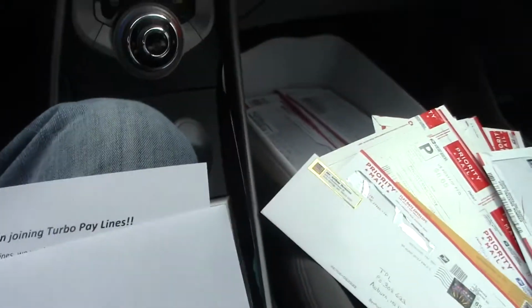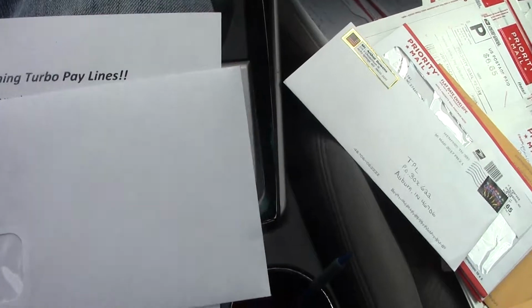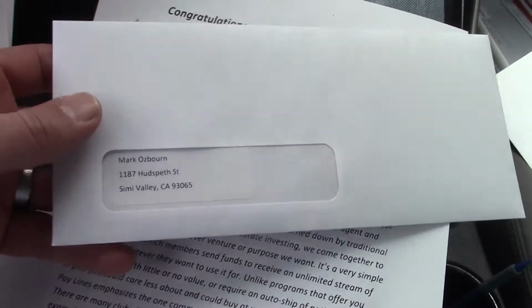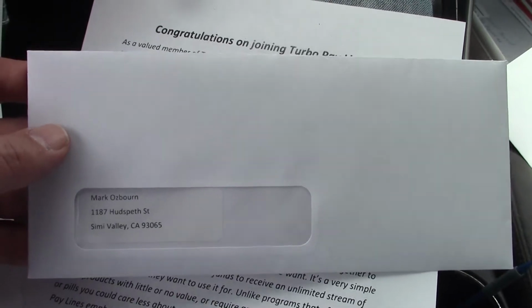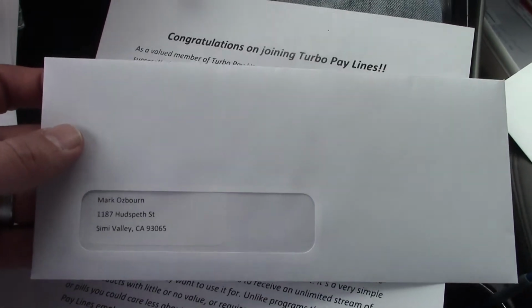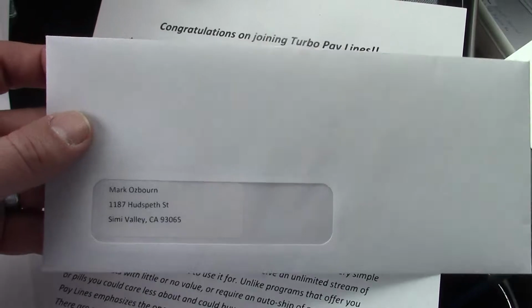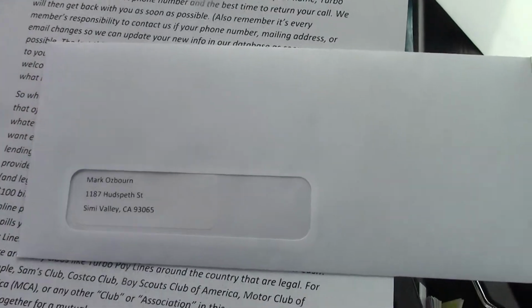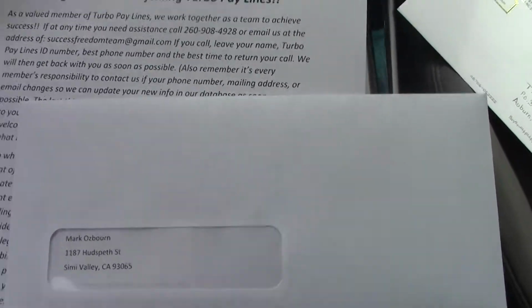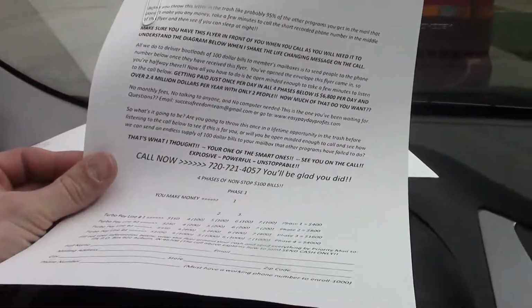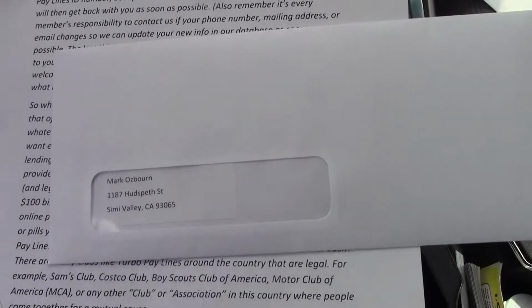So before we get into the training on spillover, I'm going to show you something here. And as you guys know that have been following my videos, I recommend if you join this program or are pondering it as well, if you mail flyers, that you mail them in a windowed envelope like this. Now, I got an email from a lady, I believe, and she said she made the call, probably got a flyer in the mail like this, and she said, why don't you put a return address on?